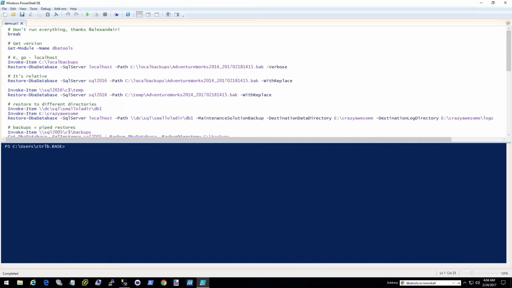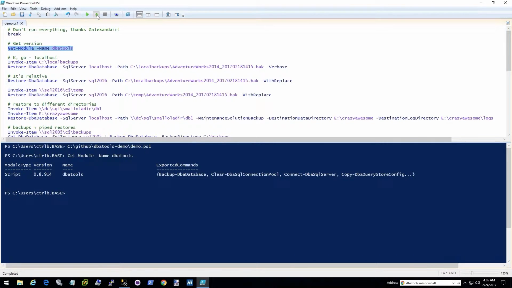And the first thing, I'm just going to jump right in. The first thing is, I really love this. There was a conversation on Twitter about how to not accidentally run your entire script. If you demo things for people, just put a break at the top. Really cool. Next, I want to show you the version that I'm working with tonight because it may change if you're seeing a different output. So tonight's version is